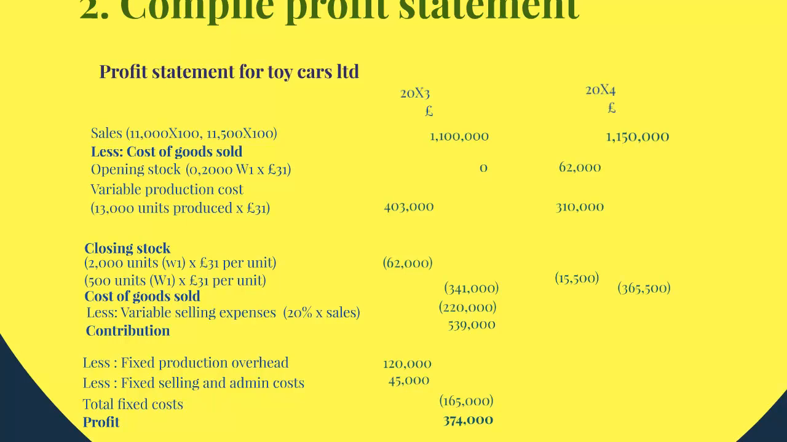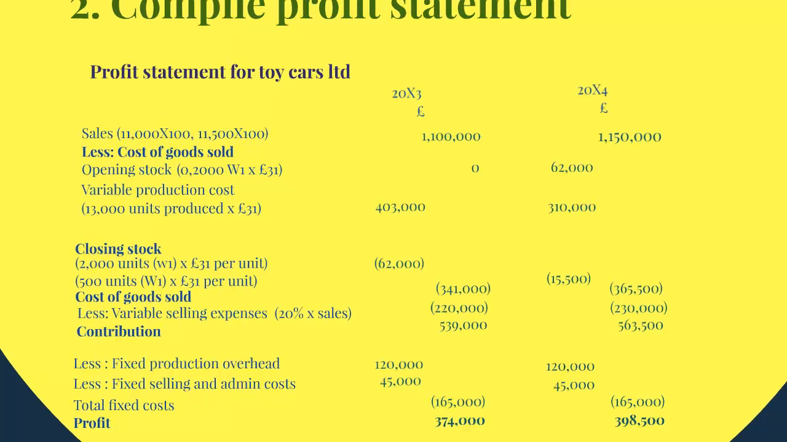365,500 for this year. And then again, we need to work out our variable selling expenses, which again is 20% of sales. So 20% of 1,150,000 gives us 230,000. So now we have a higher contribution despite the higher expenses, but as a result of our higher sales. So our contribution for this year is 563,500. So that is now all going to pay off fixed costs, which of course remain the same, of 120,000 for fixed production overheads and 45,000 for fixed selling and admin costs, giving us a profit this year of